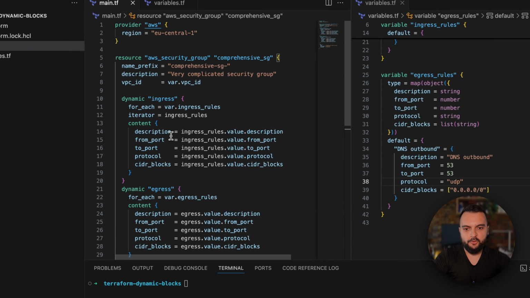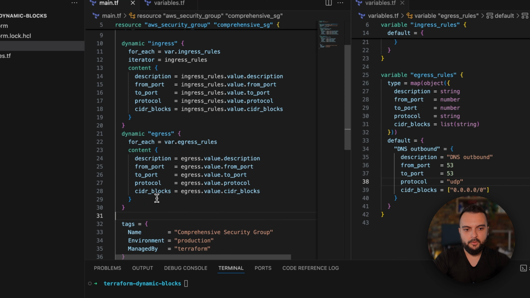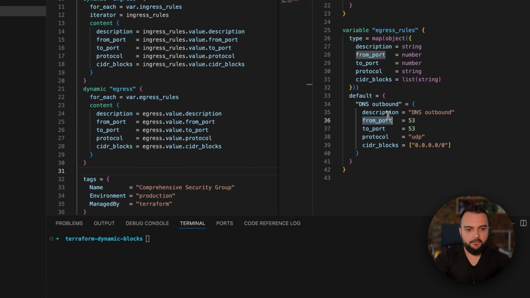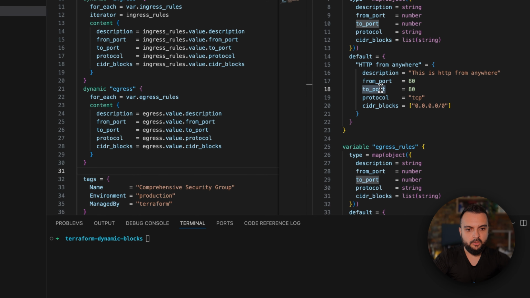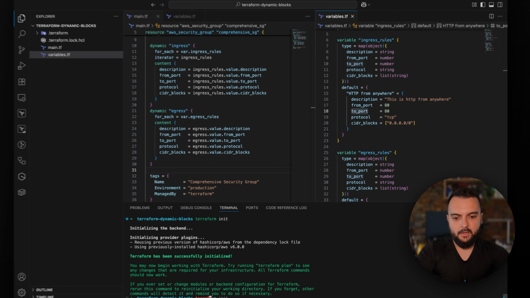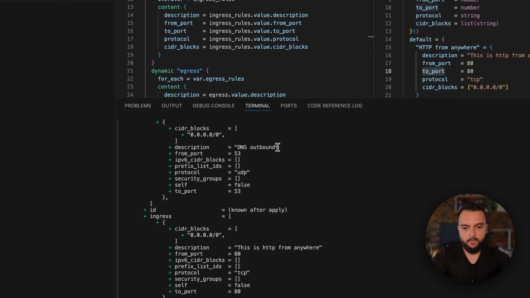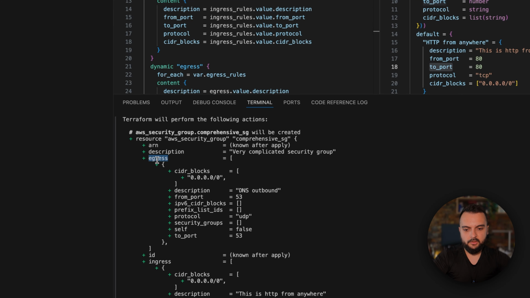So right now my resource is pretty small, as you can see here. I have only 2 dynamic blocks, I don't have all of those rules, and the values I have right now in these default blocks. So let's do a Terraform init, and now let's do a Terraform plan. Now we can see here that I have 2 rules, one for egress and the other